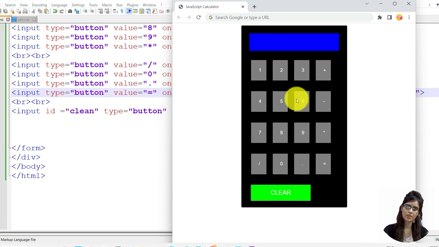You can see here now it is working. 2 minus 2 is 0. 44 plus 888. So here you can see this is the basic calculator that we created using JavaScript. So here we use HTML and CSS for the layout design. Then we applied JavaScript to perform the different operations like addition, multiplication, division and all.